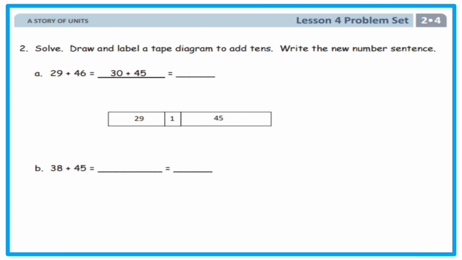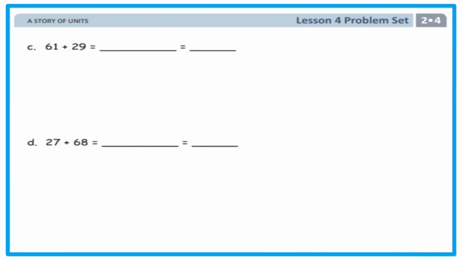29 plus 46. That is 30 plus 45. What happened to it? 9 is closest to 10. So I have to drag 1 away from 46 and add it to 29 to make 30. I just have to add up 30 and 45, because 46 has dropped 1 to make 29 into 30. So it's now 45. Okay. Now do the same for all of the questions in number 2. And then